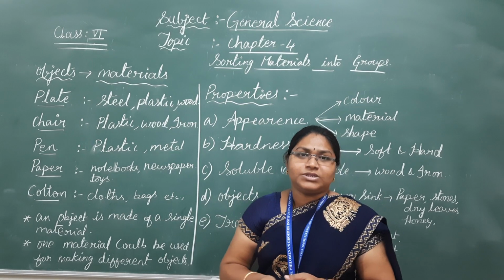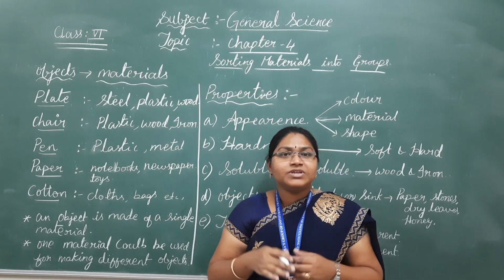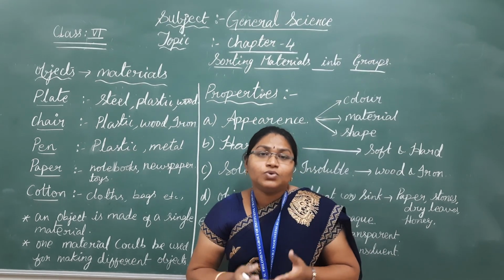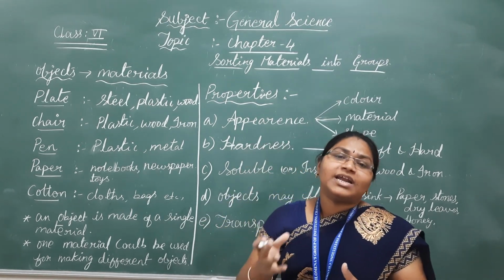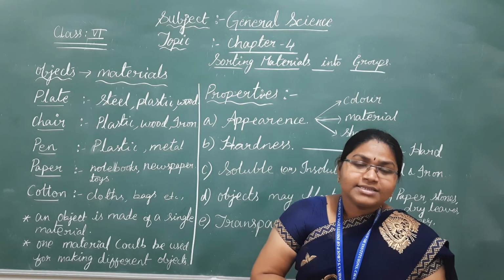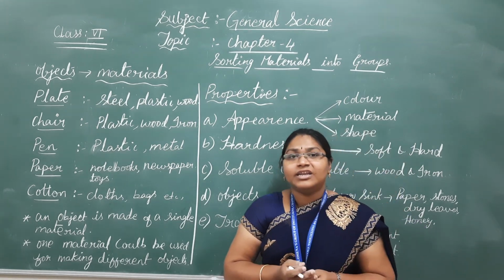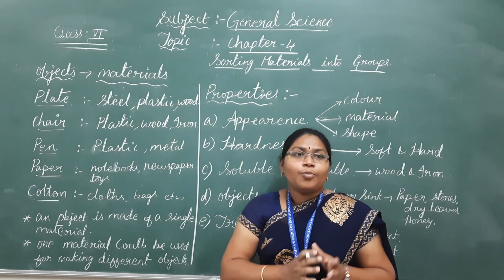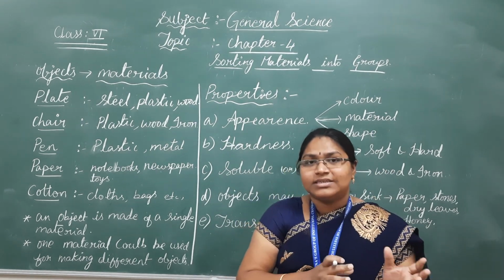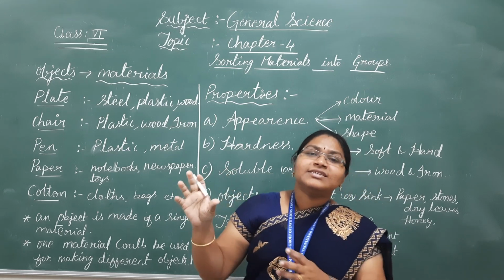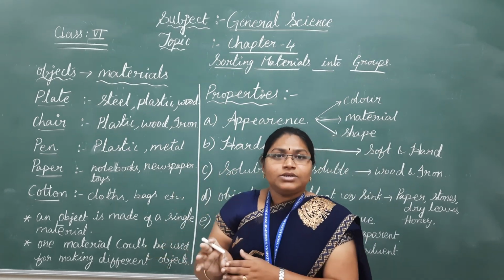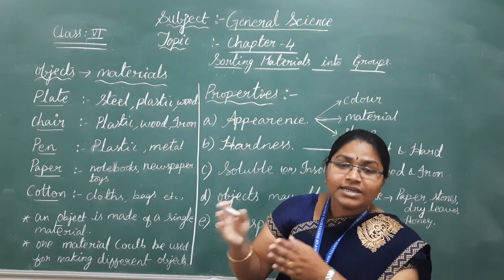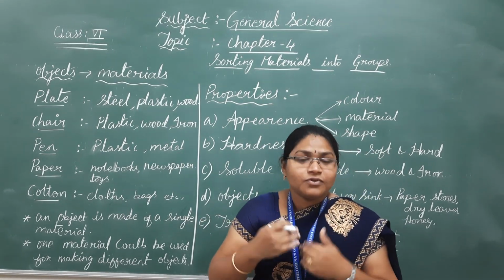into certain groups. Why should we separate? Why should we sort the materials? Because it's very convenient to know about all the objects and materials' properties easily. Suppose you go to shopping malls or any grocery shops, they will keep certain things, like powder things, in one place, and afterwards cooking utensils in another side, so they won't mix. They will keep the materials and the objects in separate places. That is very useful for us, right?